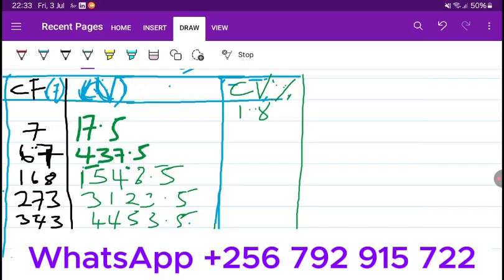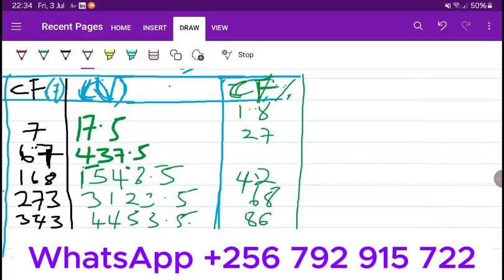Of course, it will be 1.75, but we round off, we get 1.8. This is 27. Then this one will be 42. Then 68. Then 86. 93. Then this is the cumulative frequency